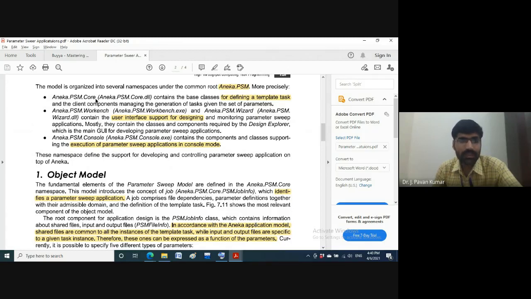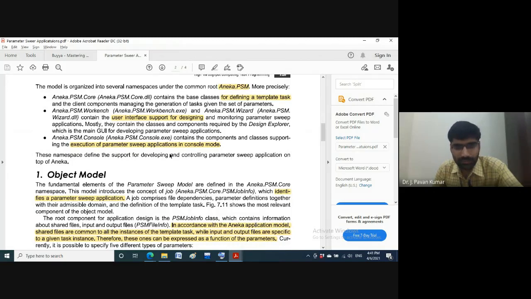One is aneka.psm.core, another one is aneka.psm.workbench, another one is aneka.psm.console. First, core is to specify the template task, and with a given set of parameters we are able to generate tasks. And workbench is to support the user interface. Next, console is to execute these applications in console mode.